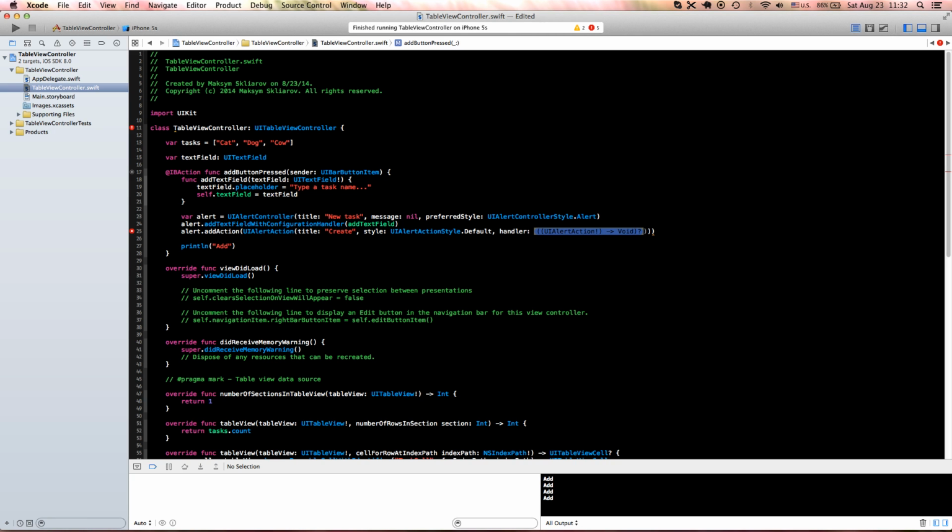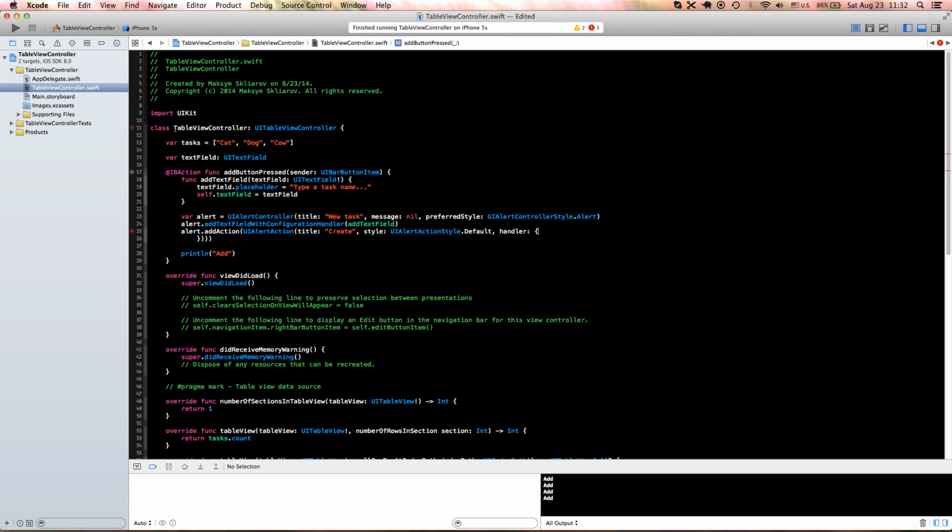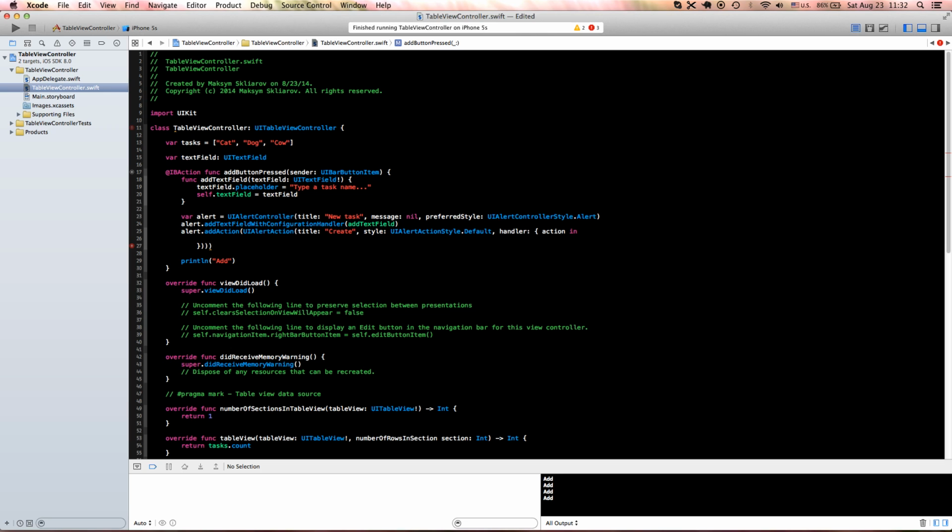That's the default, and handler will be a block. Handler is action in, and right here we have to specify methods, maybe some changes to our UI when a new